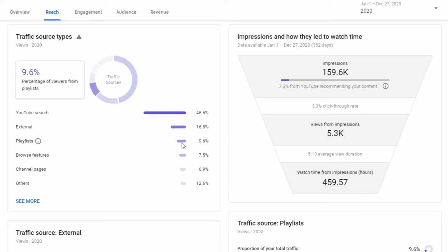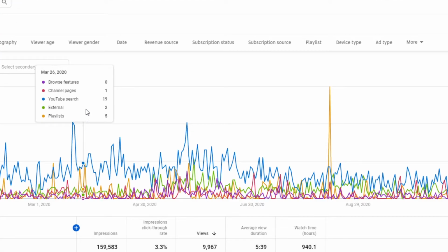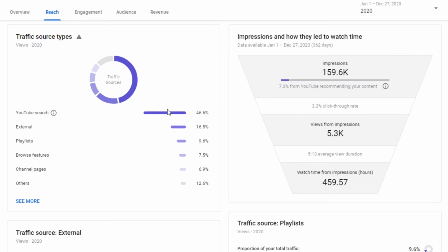Playlists, so basically because I have a bunch of playlists, if people are using the playlist functionality to go through, just browsing, or somebody goes through my channel page, and who knows what others are. Oh, there's even more. I didn't even click more. Oh my goodness. This doesn't fit. Go back. I have the screen region cut here. So that's an interesting thing that you can dig into. I was not prepared for that one.